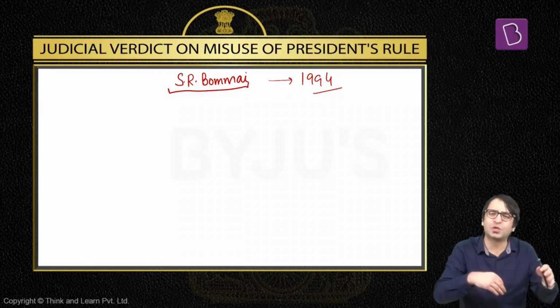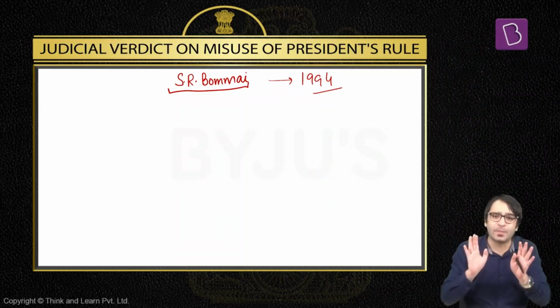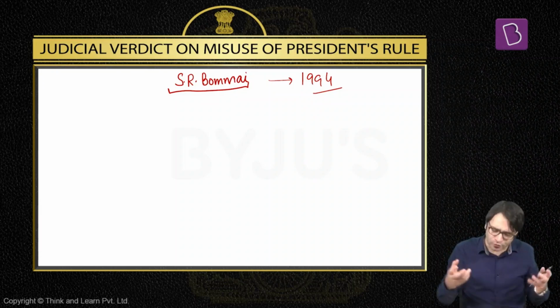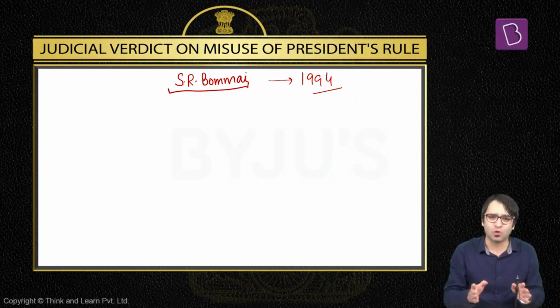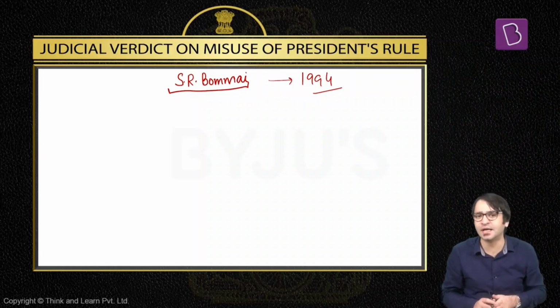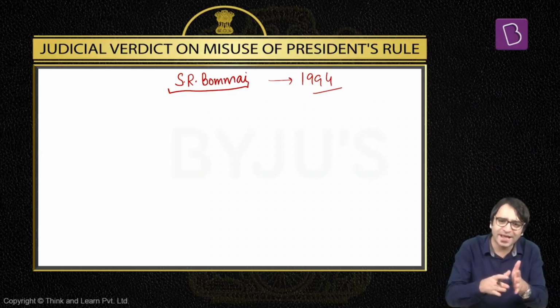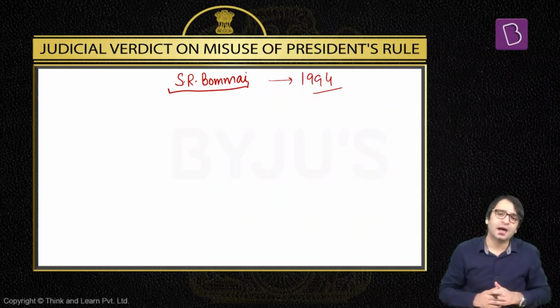We don't have to go too deep into what were these allegations and counter allegations. Long story short, multiple state governments were dismissed. Political parties approached the Supreme Court. The Supreme Court said all these are raising one important issue: the misuse of Article 356. It took many years for the Supreme Court to come out with a verdict, but nevertheless, a constitution bench of the Supreme Court came out with a verdict in 1993, 1994, S.R. Bommai versus Union of India. In this judgment, the Supreme Court laid down rules on how and when President's rule can be imposed, and how we can prevent the misuse of Article 356 of the Constitution.